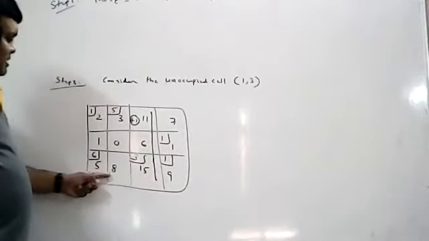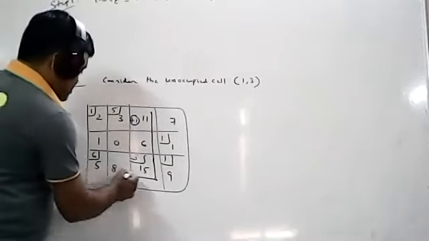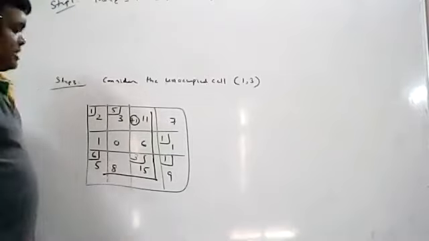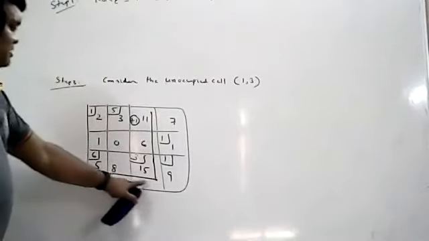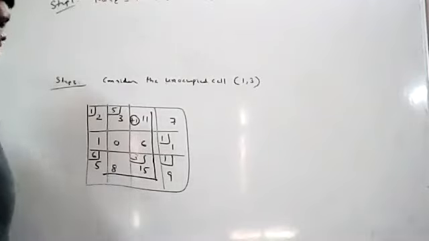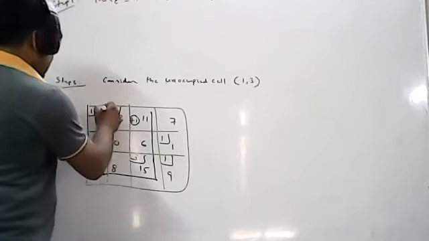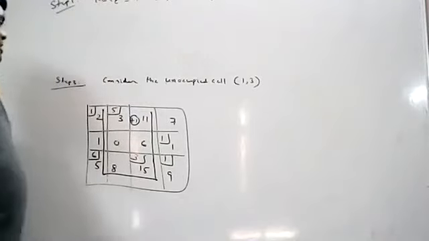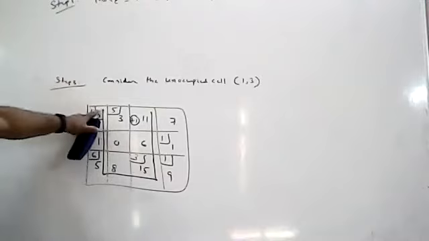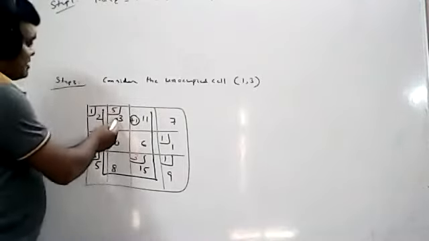The corner point should be an occupied cell. So this is unoccupied, so directly I will move like this. This is called the next corner point. This is an occupied cell. This is an occupied cell, except the first cell. Next, this is unoccupied. Only one way is there, so I can move directly like this because this is unoccupied. This is occupied. A corner point should be an occupied cell.